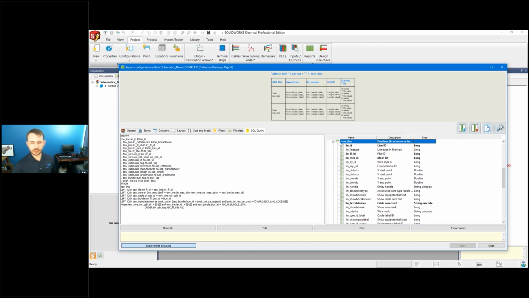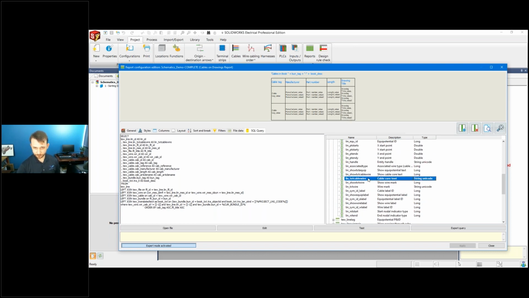And if I expand the line, you can see all of the columns that I'm calling out, which is line ID, the file ID, the mesh ID, and the cable cores. I didn't actually grab the cable ID. So that's one thing I didn't grab. All right. And what I'm doing from there is I'm joining